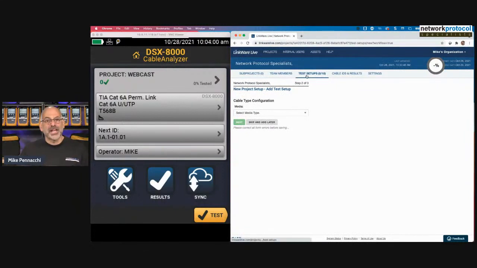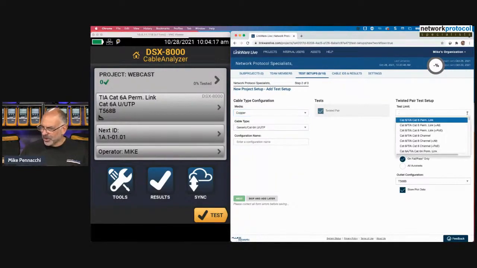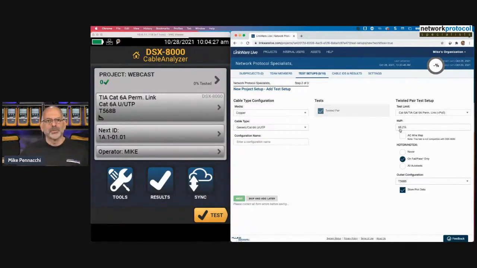Now I need to add some test setups. So I can come in and select what media we're going to be testing. So we're going to do copper. In this case, we can say we're going to do Cat6A UUTP. I'm going to come over, and we can do a permanent link test. We're going to do Cat6A permanent link plus PoE because we're going to be adding some PoE devices on here. We can set the nominal velocity of propagation for our cable. We can set some other parameters. I'll give this a name. I'll say webcast